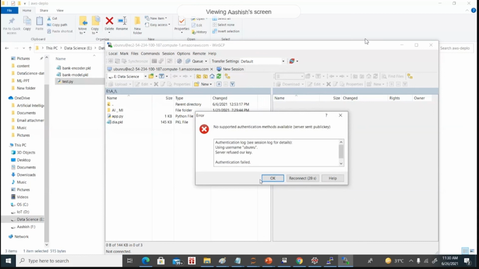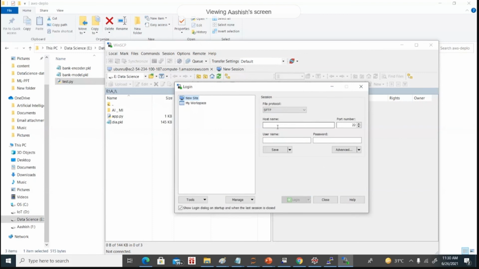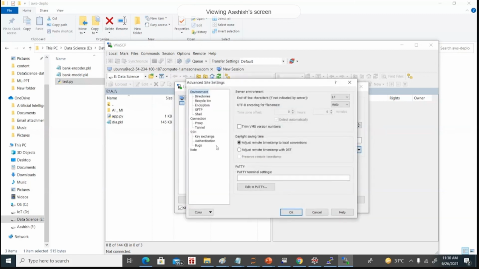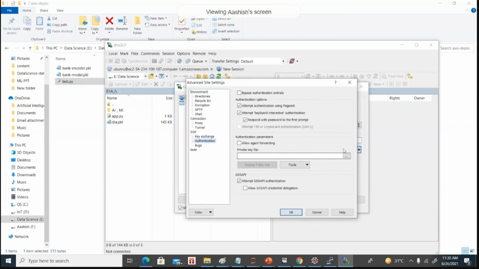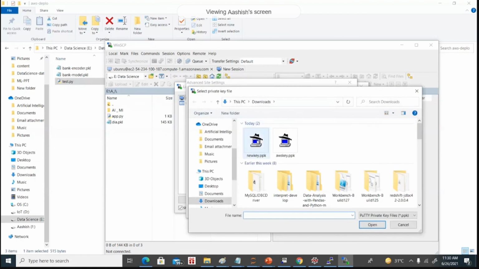When it's connected to this VM, we are going to use it. Let's connect it again. Okay.